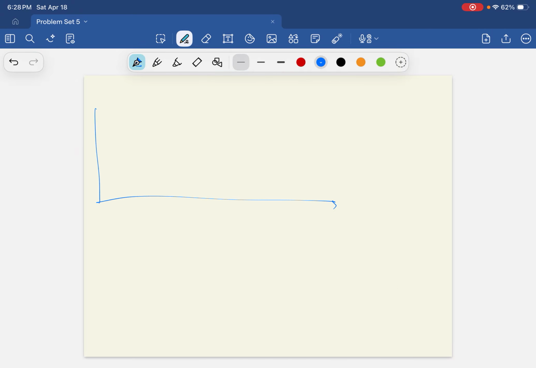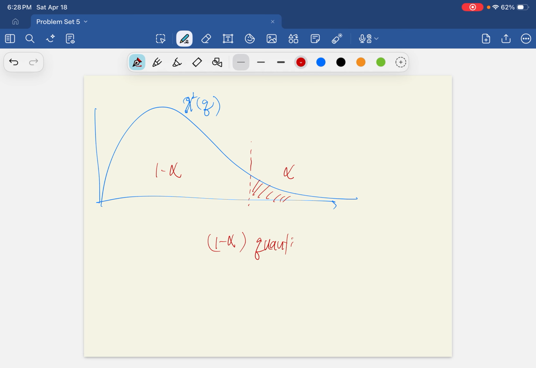Now then, how can you choose the critical value? When you have a chi-square Q distribution, you have to find a critical value such that the left-hand side area is 1 minus alpha, and this area is alpha. So it is the 1 minus alpha quantile from the chi-square Q distribution. Okay, so